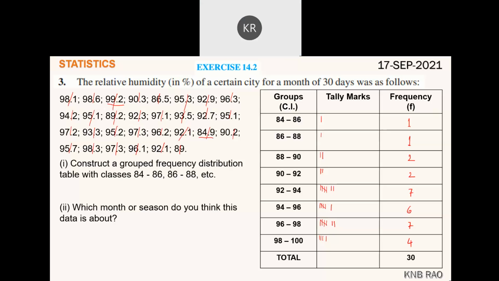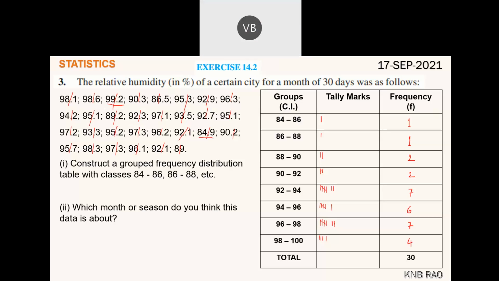But we will sweat, sir. Chandru was telling that we will not sweat. Sir, we will sweat, but we will feel a little more hot when humidity is more. Yes. Okay. So you say that these are high values because this is a rainy season. Yes, sir. Okay.